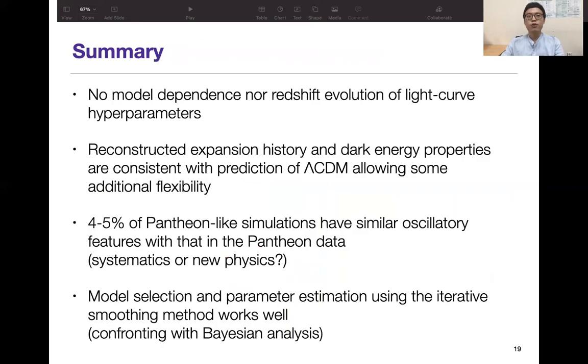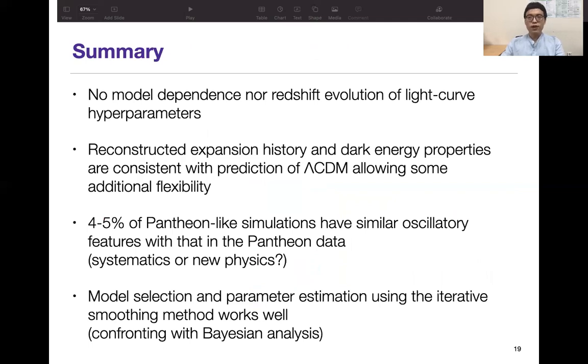Now, I summarize that we find no model dependence, no redshift evolution of likely hyperparameters, and find that reconstructed expansion history and dark energy properties are consistent with prediction of lambda CDM, allowing some additional flexibility.